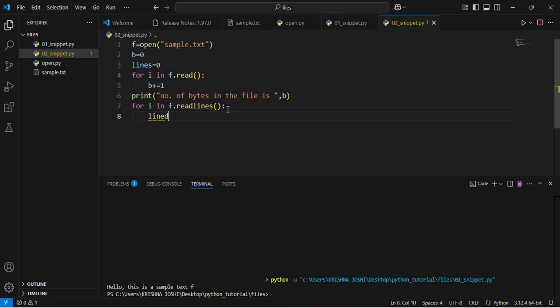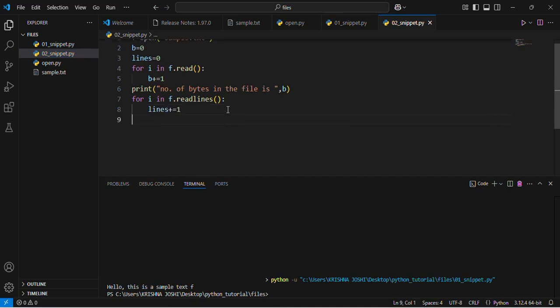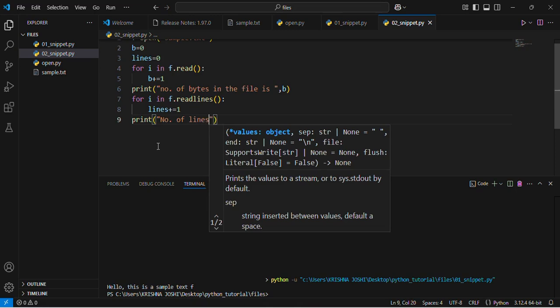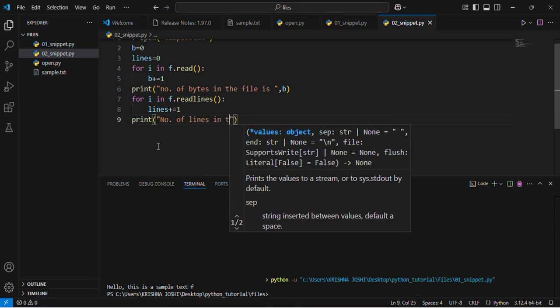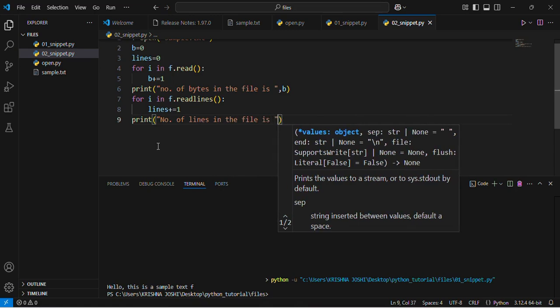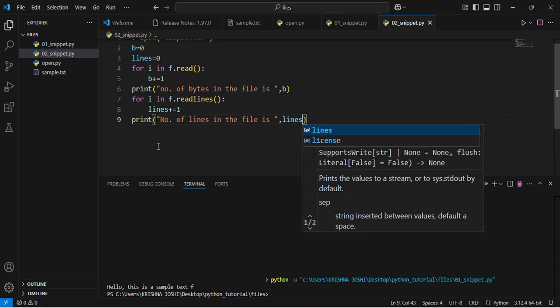So lines plus equal to 1, and if we print, okay, control Z, print number of lines in the file is lines. If I run this program now,